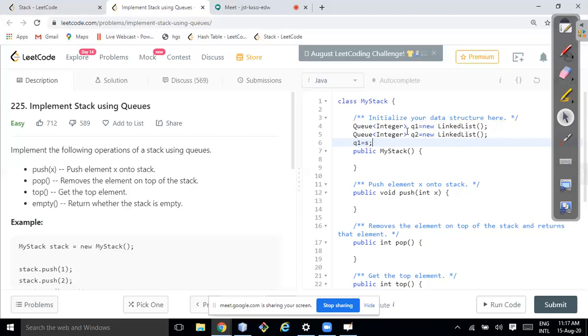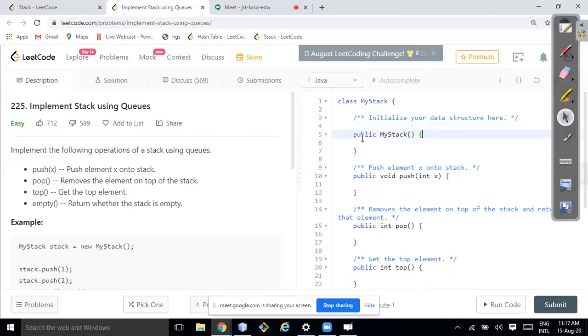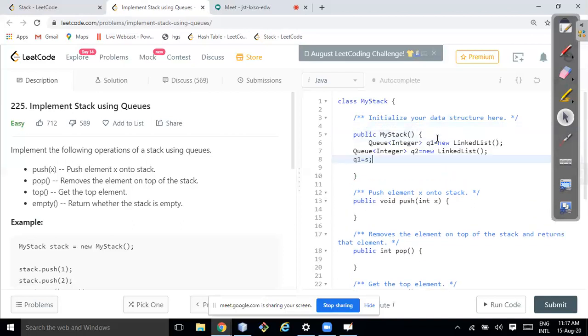Or I'll do this part here in the constructor.